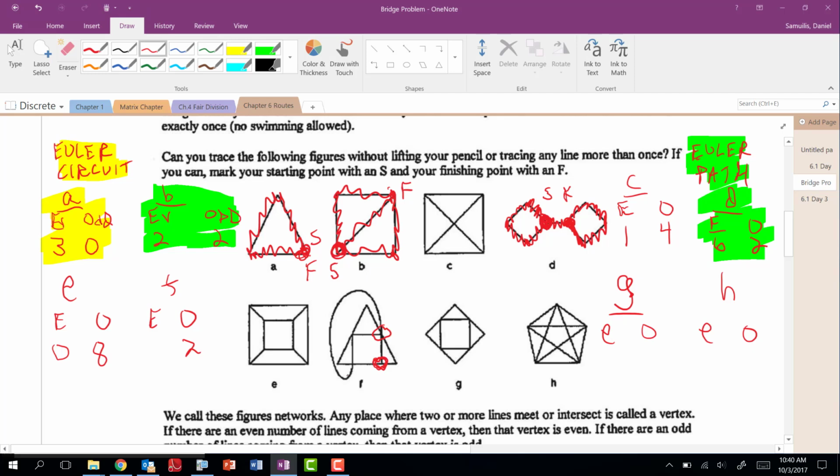And then even, this one right here is 4, this little corner is 2, this little area right here, I know you can't see where I'm at, but that little area here is 4. All the rest are even. So what is that, 4? Did I count? 1, 2, 3, 4, 5. There's 5 even degrees and 2 odd.